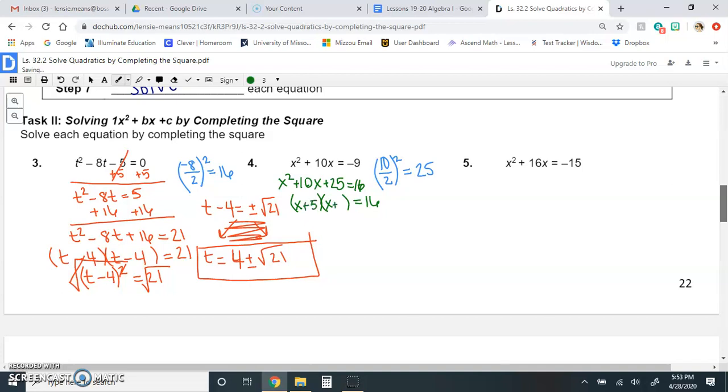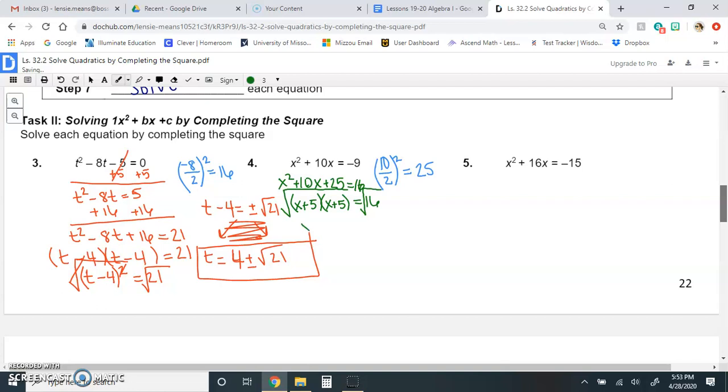Now, guys, these are perfect squares. So what I should be getting inside these binomials is the exact same thing. That's the whole point of finding that b over 2 squared and tacking it on to both sides of the equation, because that is what creates that perfect square. So when we do factor, we get the same exact thing. We're ready to square root both sides,